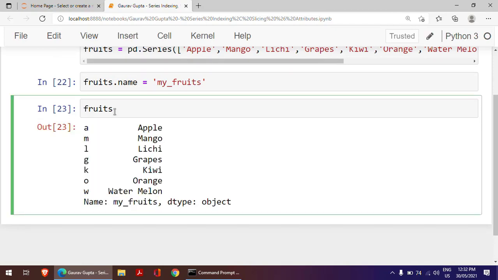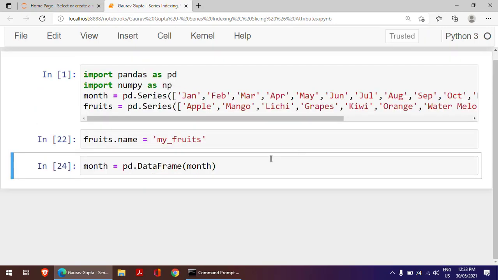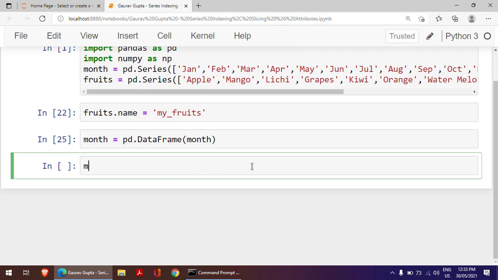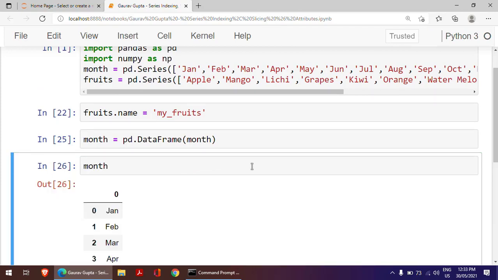What is the use of this? Later on in the coming videos, you will learn that we can convert a series to a data frame. So when you convert a series to a data frame, see what will happen. I convert month to a data frame. When I print this month, now it is a data frame, not a series.